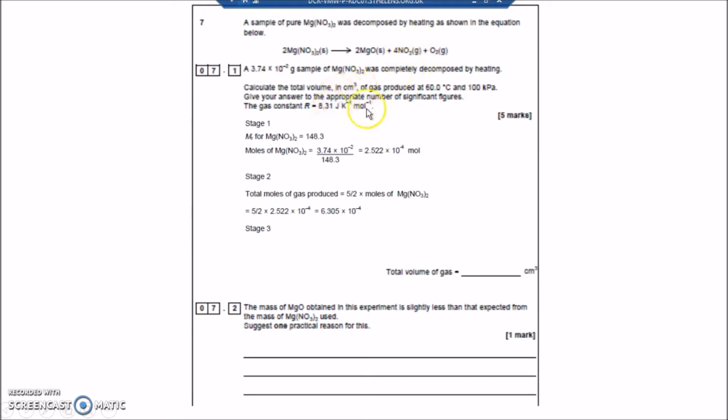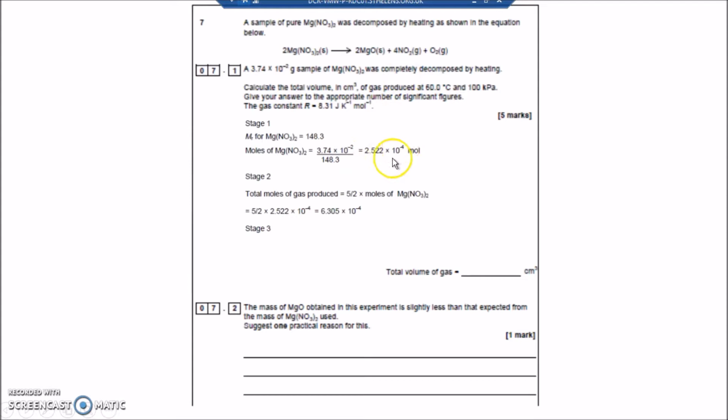It doesn't matter for the gas equation what kind of gases you've got, as long as they're gases. So I'll make 5 moles of gas. 2 moles of the magnesium nitrate make 5 moles of gas. So 1 mole of magnesium nitrate, half the amount, would make 2.5 moles of gas. So 2 make 5, 1 would make 2.5 moles of gas. I've got 2.522 times 10 to the minus 4 moles of magnesium nitrate. 1 would make 2.5, so